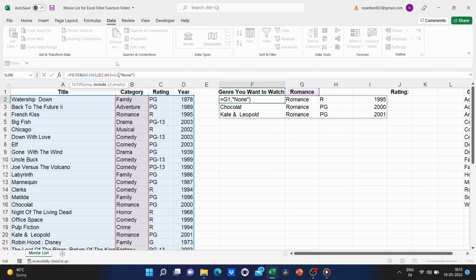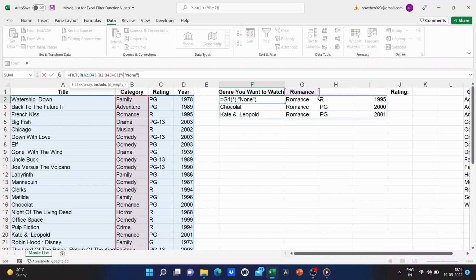So I want to do that. And at the same time, I want to filter based on rating and order. To do this correctly, I need to put my first include in parentheses. So I've done that now. How do I say and? I want to search this to make sure it's equal to what's in G1. And I want to search this to see if it's equal to whatever is in K1. So how do I write and? Well, it doesn't make a lot of sense at first. But the answer is, you put in an asterisk. So now I can put in another left parenthesis.